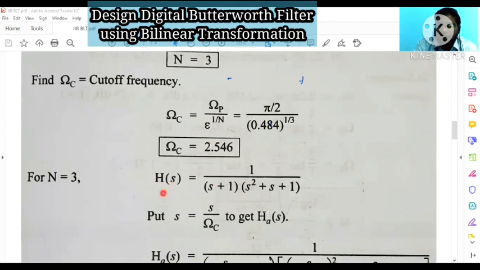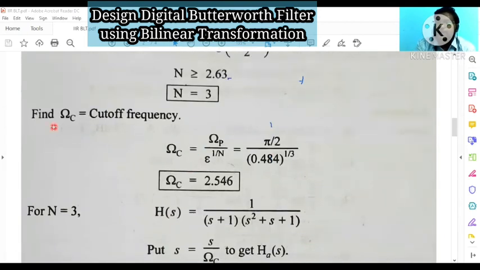Okay, first note down this formula and then you find out the cutoff frequency. Right, clear? So after this, you should write down this formula, and then you find out the cutoff frequency. Now you come to the cutoff frequency, omega c. So what is the formula to calculate omega c? Omega c is equal to omega p divided by epsilon whole power 1 by n. It means 10 power 0.1 Ap minus 1 whole power 1 by 2n. Right? This is the standard formula. So 10 power 0.1 Ap minus 1 whole power 1 by 2 is nothing but epsilon. So I substitute here epsilon, so epsilon whole power 1 by n.